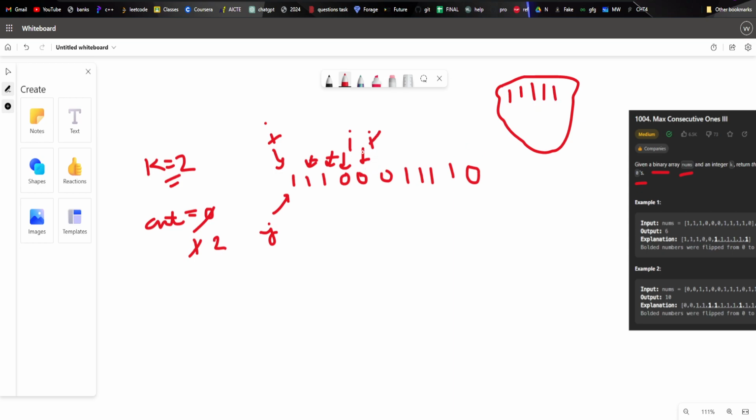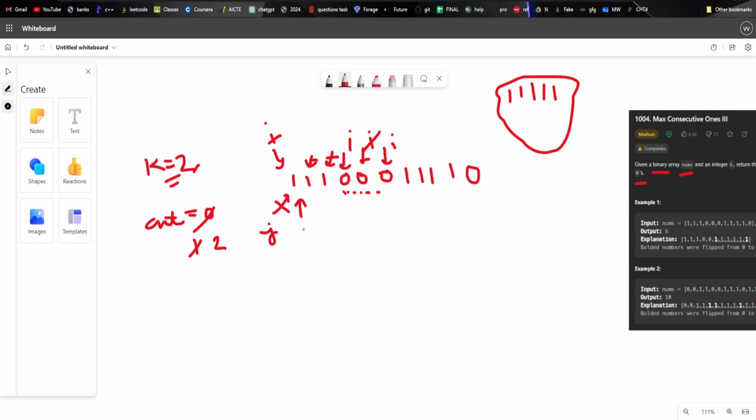Now when I move my i here, I see that I am going to get a problem, because I will encounter 3 zeros, but I can flip at most 2 zeros. The condition is false. So I will increase my j pointer.